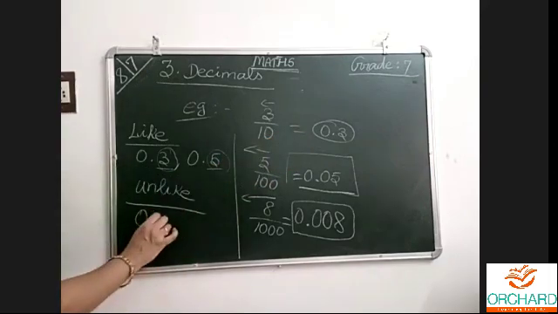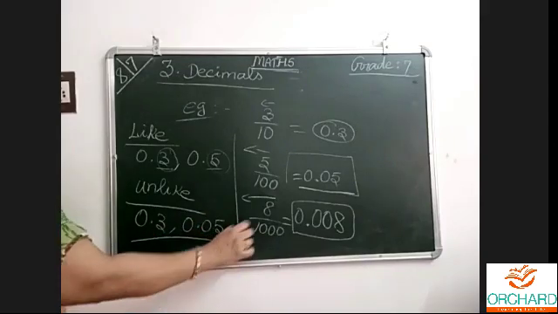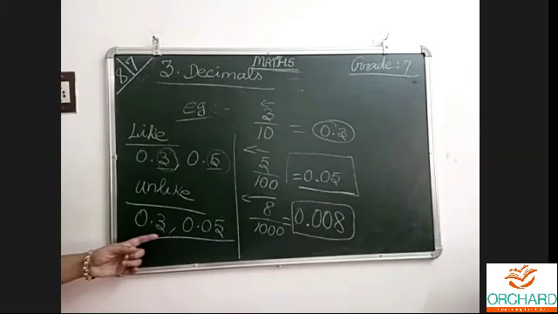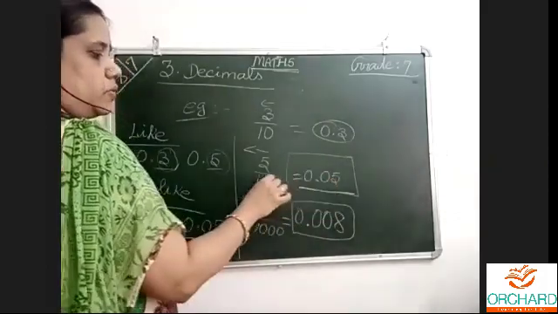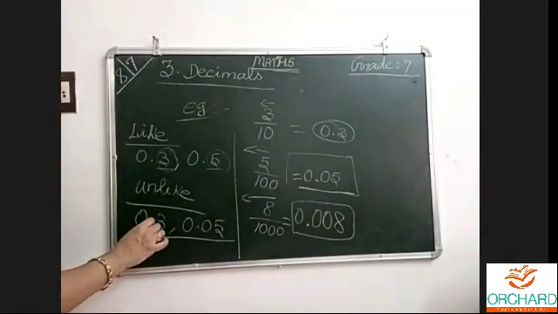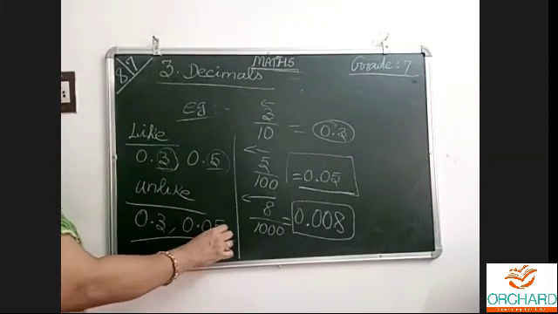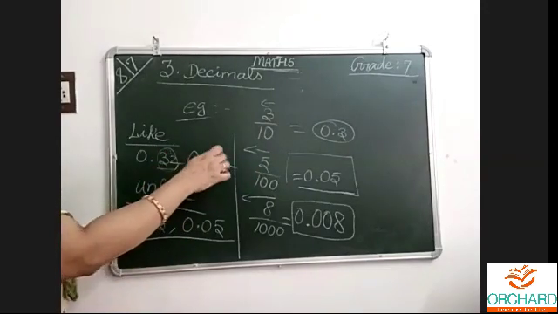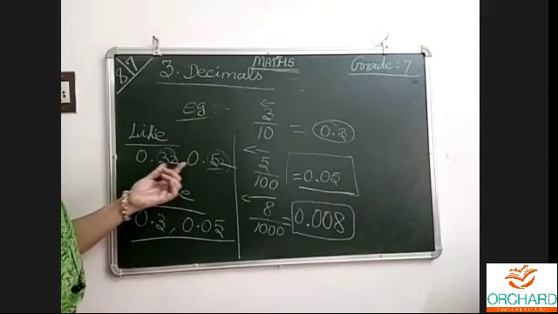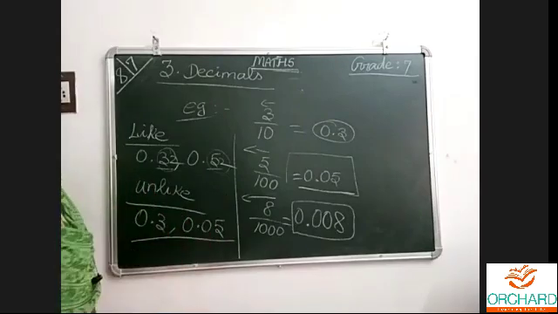Same 0.3, I took the second number 0.05. These two, the first and the second, are unlike decimals. Why? Because this is 1 place, I divided by 10, and this is 2 places, with denominator 100. After the point, one digit is there in one, and 2 in the other. So they are unlike. Same thing: 1 and 1, or 3 and 2, or 5 and 2, or 4 and 5, or 3 and 0, or 5 and 8. Whatever the number, if the places are the same, they are like decimals, 3 and 3 like. If they are uneven, they are unlike.